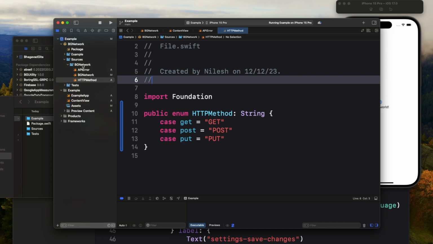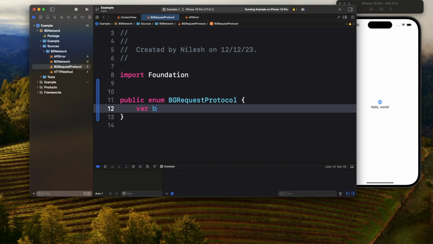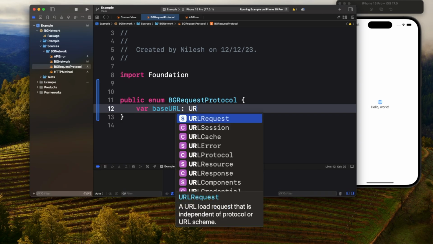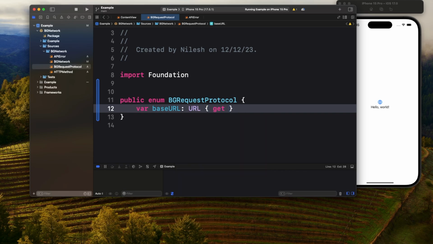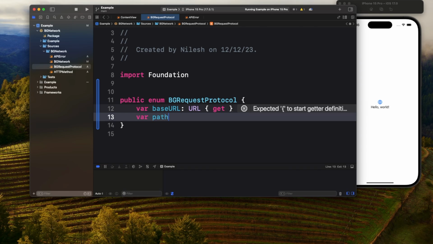Okay, so let's create a new file here, and let's try to write all the properties that a request commonly is going to have. So one is your base URL. Okay, in most projects you will have a single base URL, but you can have multiple base URLs as well. Okay, then the next thing we can have is endpoint or path, you can say,